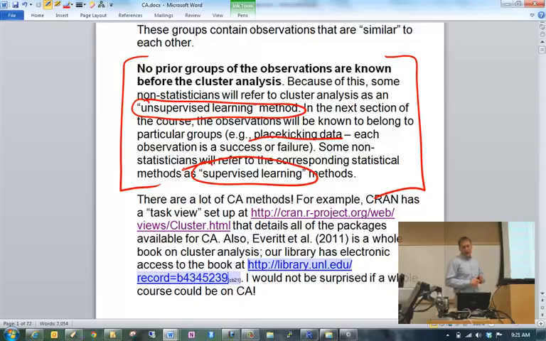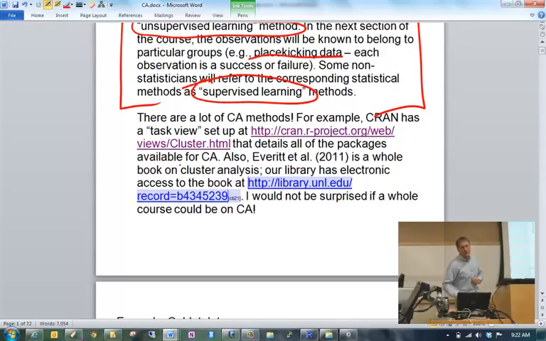Okay. Also, I should mention, just to give you another term, outside of this class you often hear the phrase machine learning. Essentially, supervised learning and unsupervised learning are types of machine learning. So actually, you could say for the rest of this course, we're going to be doing machine learning topics. It's not a statistical term that is developed. I think it's more of a computer science term that has developed to refer to this. Okay, so